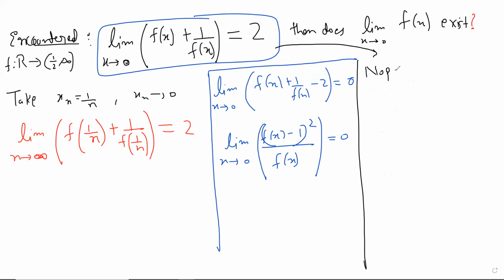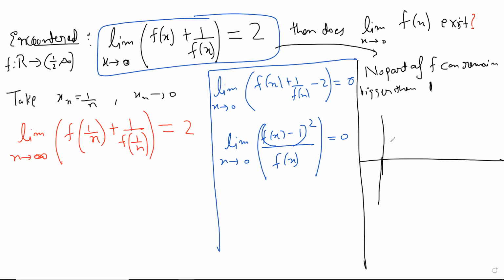no part of f can remain bigger than 1. What do I mean by this? I mean that if you consider f graphically, then let's say this is 1. Then as you move towards infinity, even if f, let's say the limit of f does not exist, but as you move towards infinity, this portion of f that is going above 1,